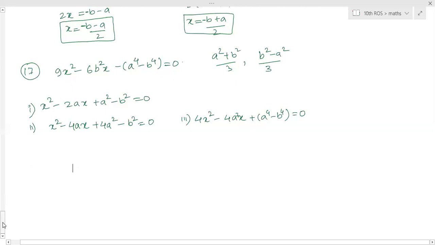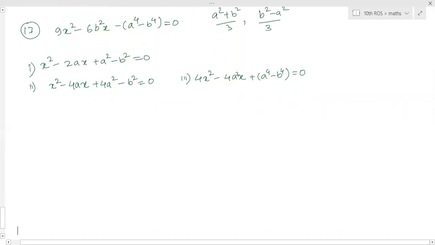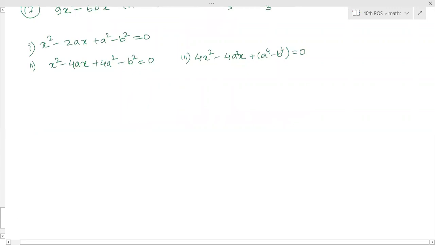That is a middle term splitting. a square x square minus 3abx plus 2b square. So what is needed? Product is 2 and the sum is minus 3. What is the thing you can take? Product is 2, 2 is only 2 ones are 2. So minus 2, minus 1.